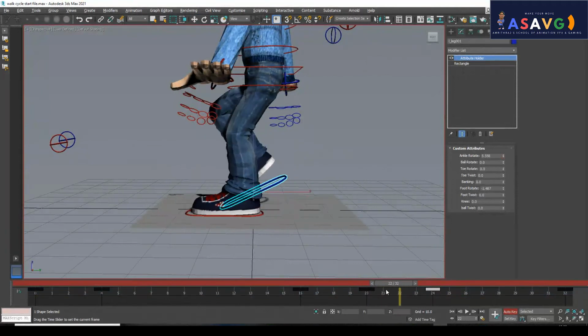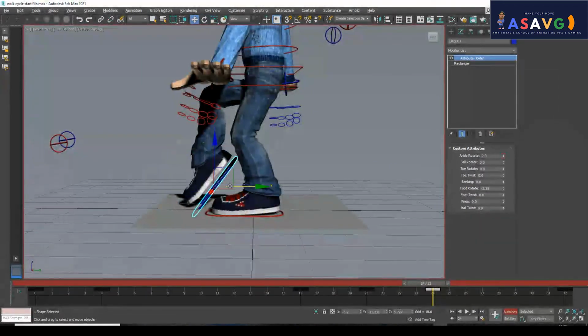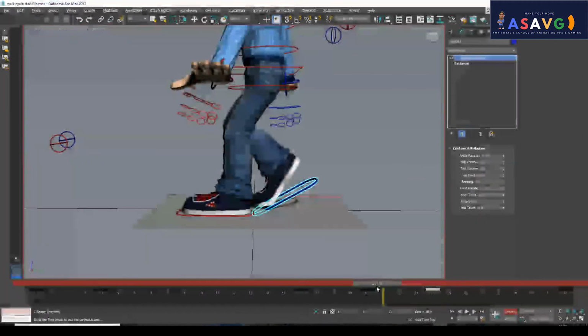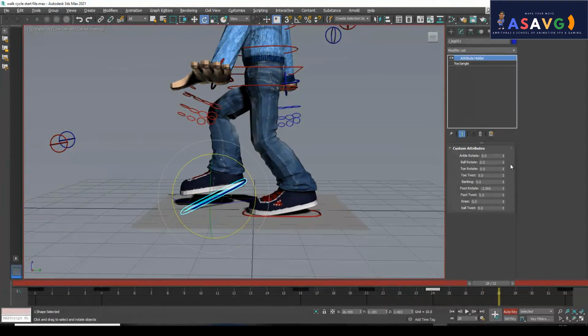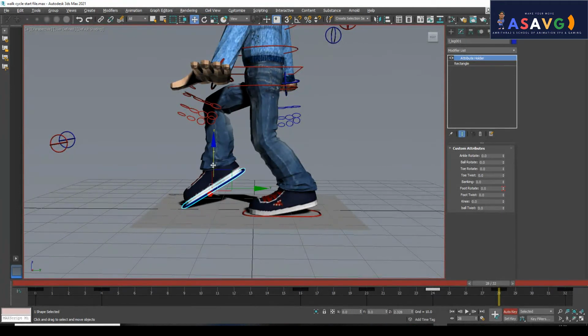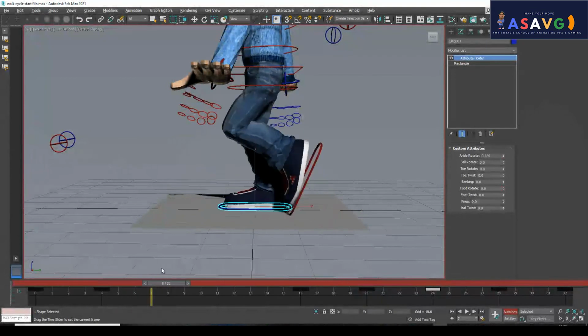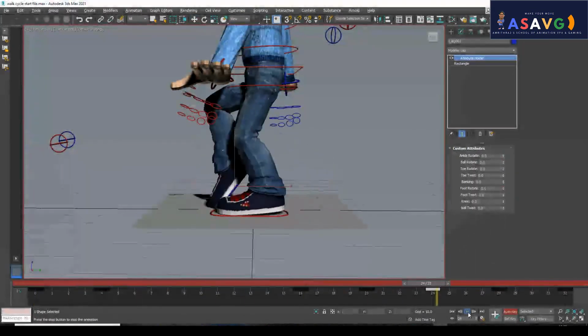We will be tweaking this one, and the rotation should also be a little bit more. Okay, if no angle rotation is also okay. 24, then it's coming for 28. I will be making all the things 0. Okay, and this like this, a little bit to the front. Now I will play it.